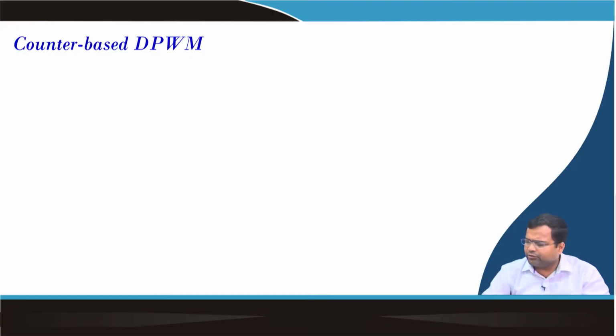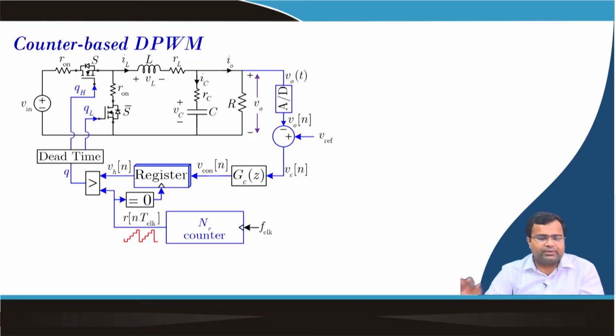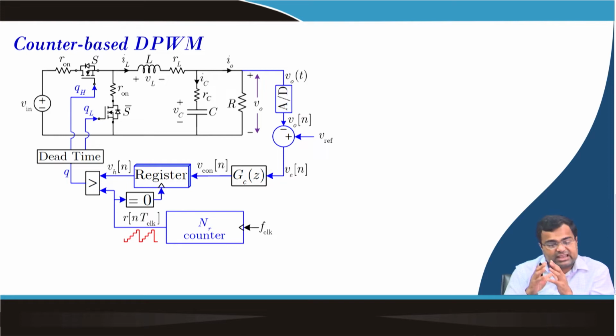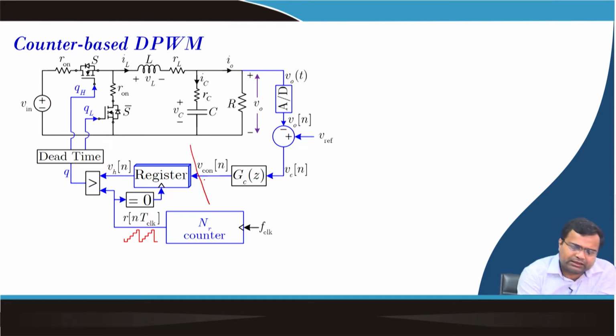So, now we are going to discuss the counter based DPWM. We have discussed this architecture, I think in week 2, where we talked about different types of DPWM architecture. In this particular lecture, we are not going to close the outer loop. If you discard this path, we are setting a constant value here,